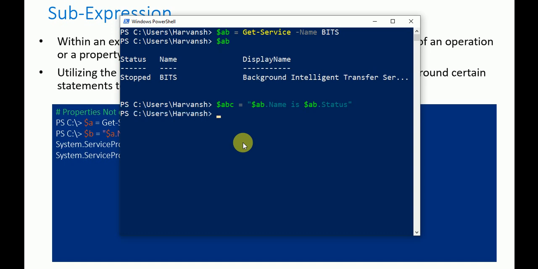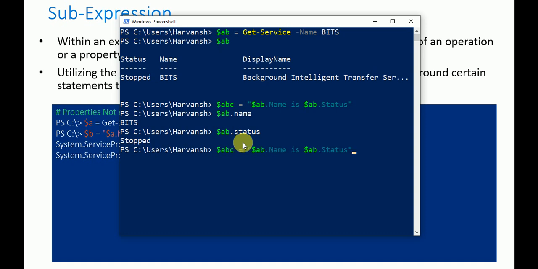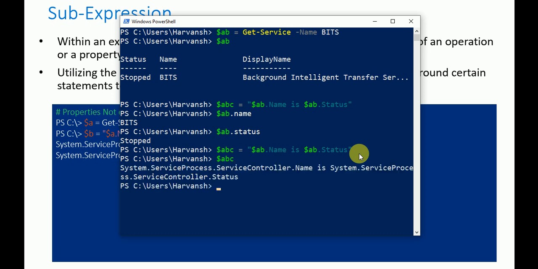Let me try to show this. $AB.Name will print the service name, and $AB.Status will print the service status. What I'm trying to do here, under $ABC, is define the service name and the service status. And what happens is that it has not expanded the variable value, because this is not a proper way to define it.